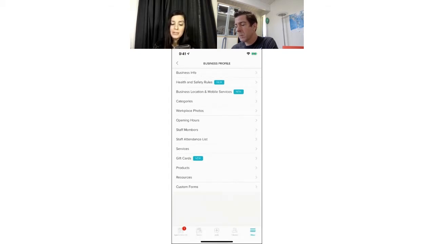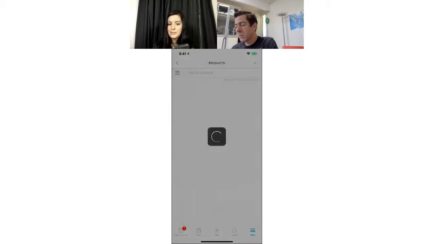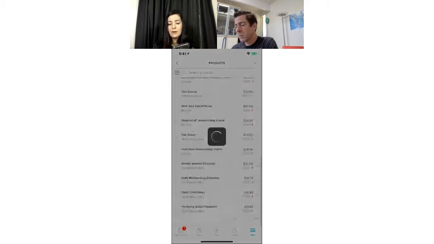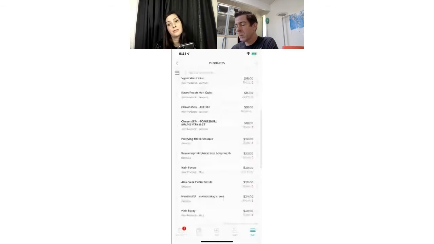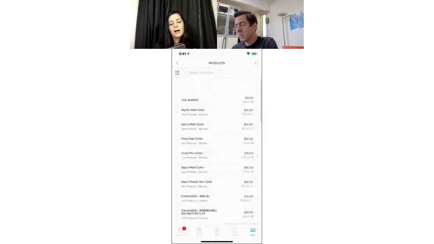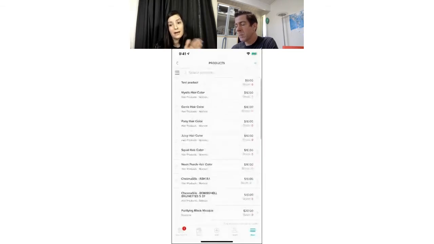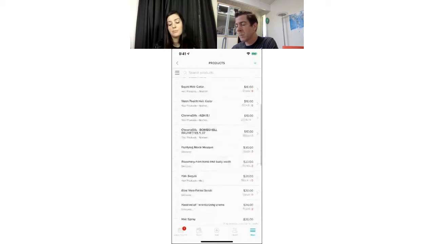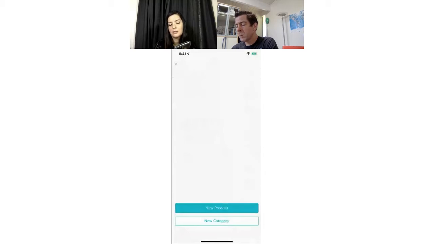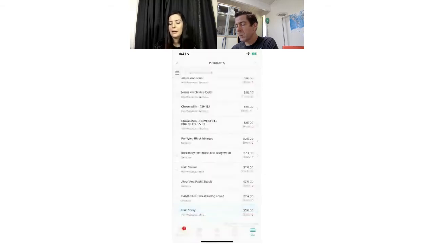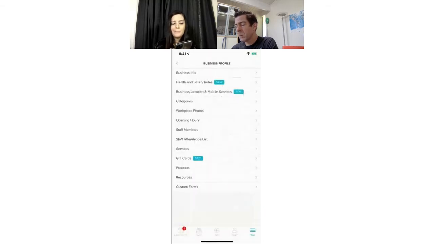If you do have products, you can keep inventory with Booksy. So it's very helpful to know what you're running out of. So if you do have products that you want to have inventory for, be sure to use this right here. It's pretty straightforward. You just add in your products, new product, new category, and you're good to go. And then lastly, on this section of business profile,